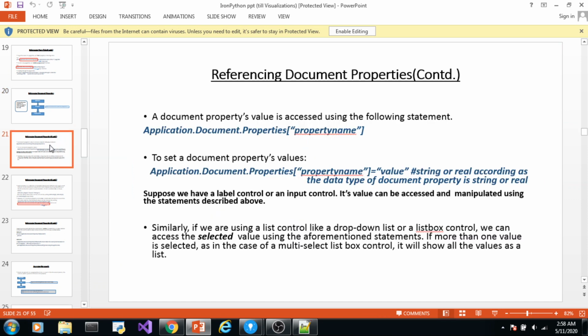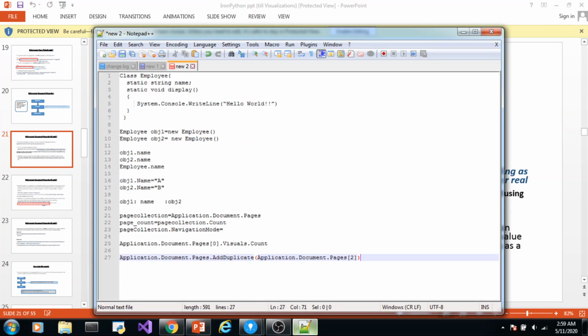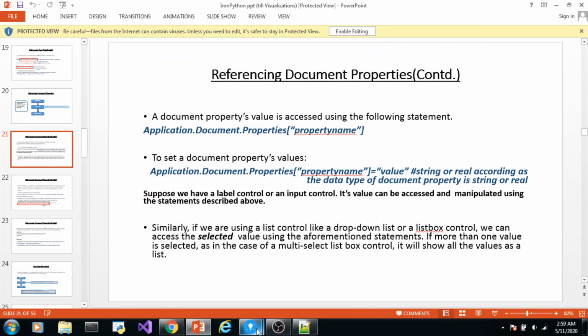Let's move on. So this is what I told. A document property's value is accessed using the following statement: application.document.properties. Now this applies to document property controls also. For example, you have a label. You can access the values using the same method. If you have a drop down list, for example, I will show you here.